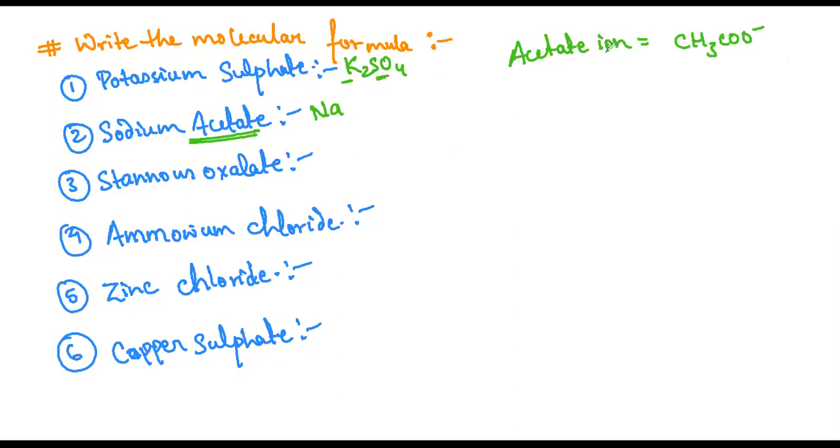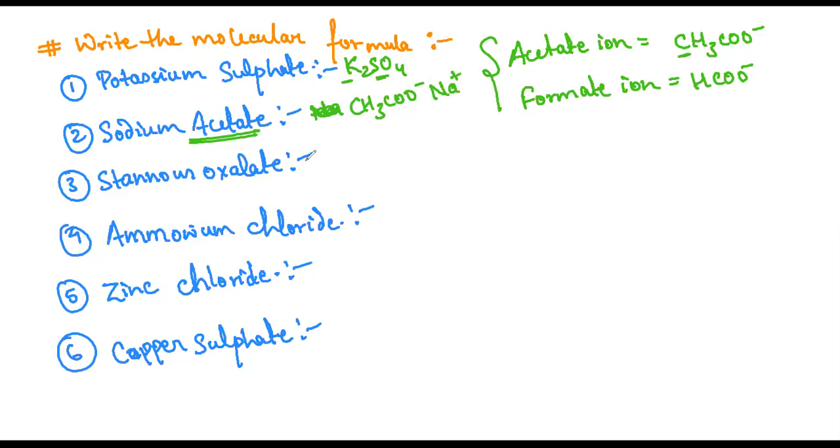But for some special anions like acetate, and there is formate. You know what is formate anion? No, sir. That is HCOO minus. So for some organic anions, in those compounds first we write the anion. So here it will be CH3COO minus, and then sodium is Na plus. So it will be like this. Is it clear? Yes, sir.